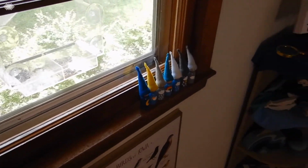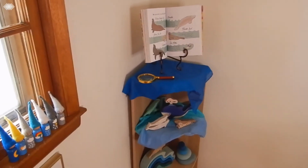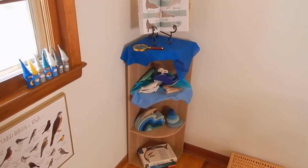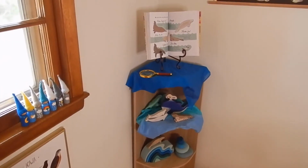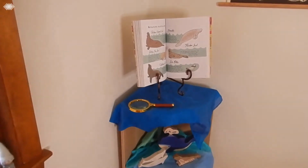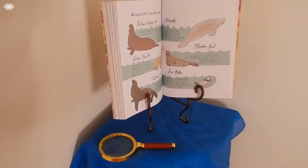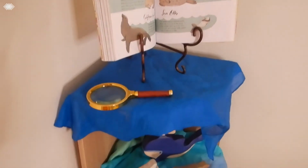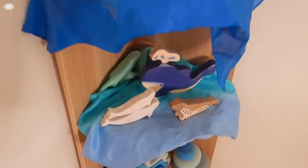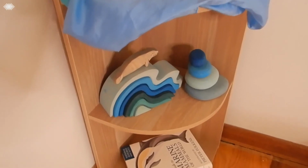Right. And then over here in this corner, we have our nature shelf. I know most people have a nature table. We have a nature shelf. And right now, again, we have an ocean theme for the summer. And I have just been switching this shelf out seasonally. I know a lot of people like to switch it out monthly, but seasonally has been working out well for us so far. So right now we just have some books and wooden toys, some silks, and then down below